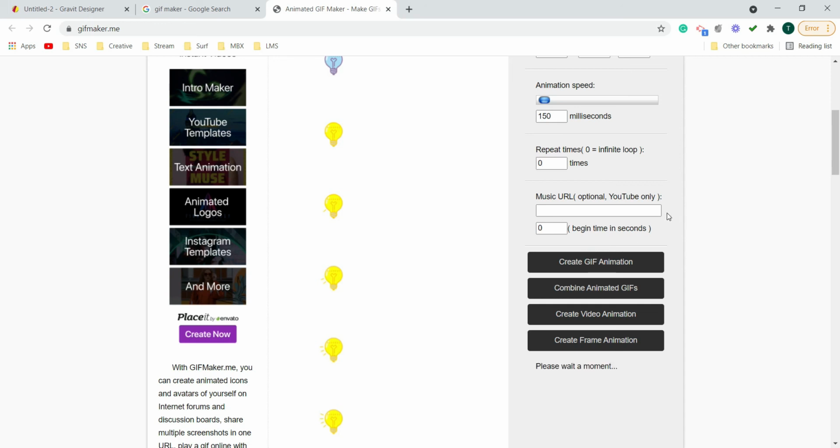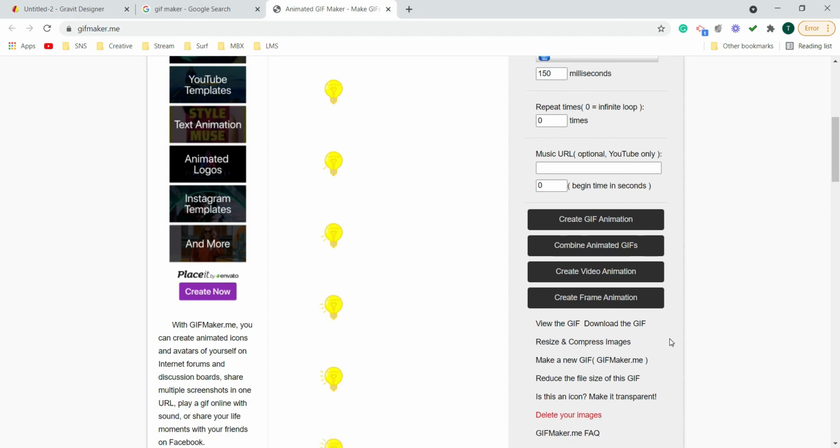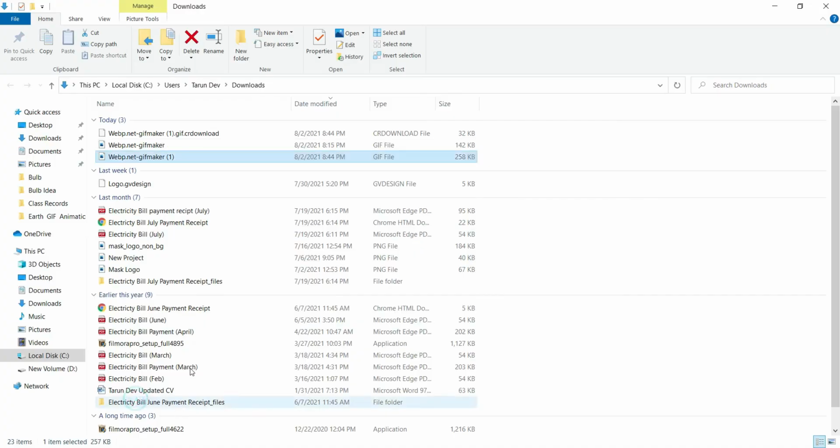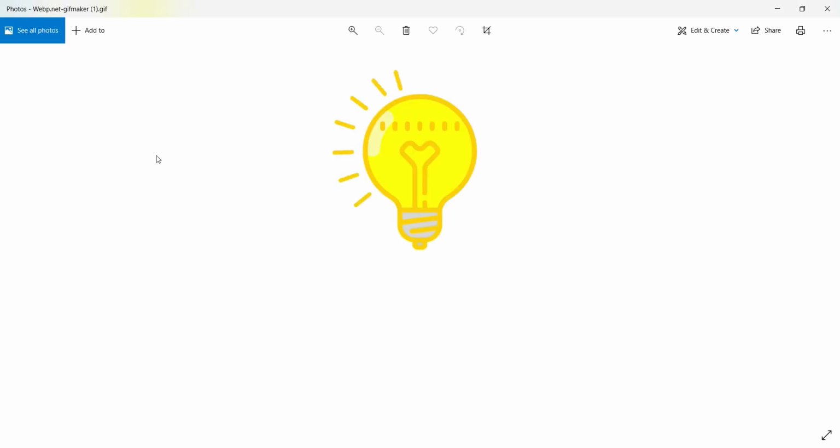So it is processing. We will wait for a while, and processing is all done. You can click on this to view the GIF, and you can click on download to download the GIF. So I'll simply download the image from here, and you can see an image has already started downloading. We will check this image, and I'll double click to open it. And this is my bulb starting from turned off, then turned on, and then the idea is lighting up like this. So this is just one example.